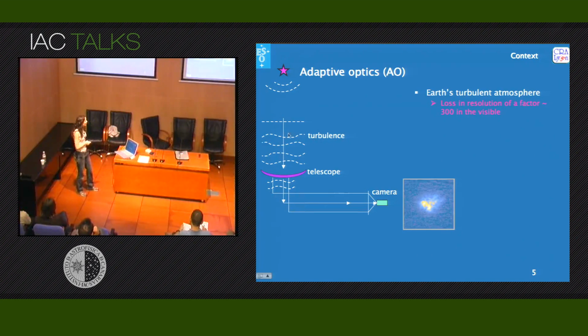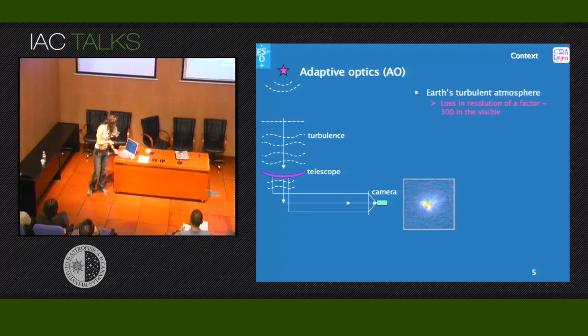And these disturbances produce a loss in the angular resolution of the image of 300 in the visible compared to what you would have if you had not the atmosphere. So it's a great loss. And the aim of the adaptive optics